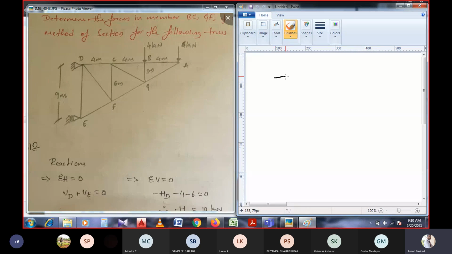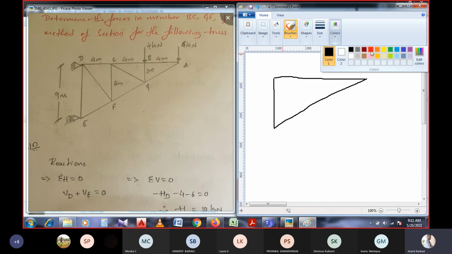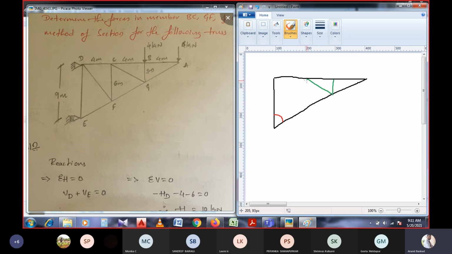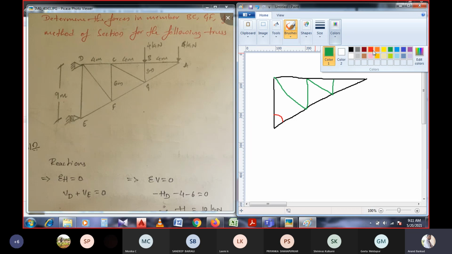So here it is given with 4 meters and 12 meters distance, and we have a 9 meter length over here, and we have an inclination angle. So what would be the angle of inclination over here? How do you calculate that? And apart from this, we have many members to calculate the angles. What I am asking is a very basic thing. You must know how to calculate these angles.